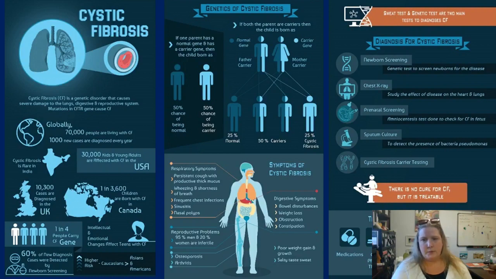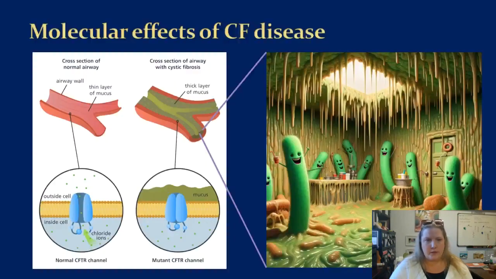There are a couple of new medicines that have come out in the last couple years that reduce the number of symptoms, but generally are for people with only very specific mutations. So they reverse the effects of some of the mutations, but not the major ones, right? And even in the reversed people or people that are on some of these drugs, they can still get bacterial infections. And the reason for this is because when you have a defect in the chloride ion transporter expressed in the lungs,